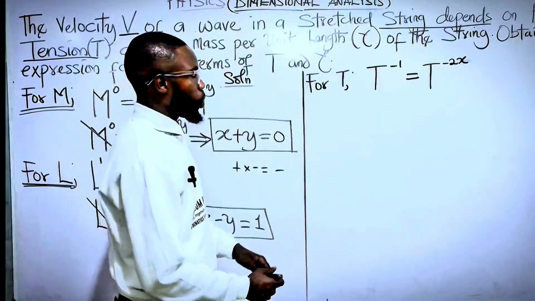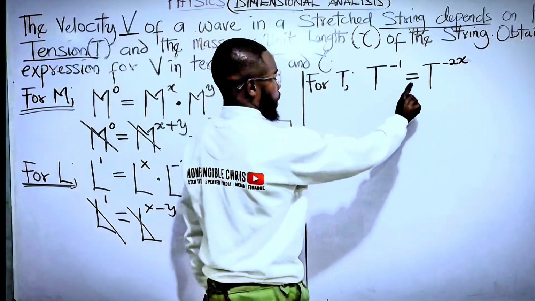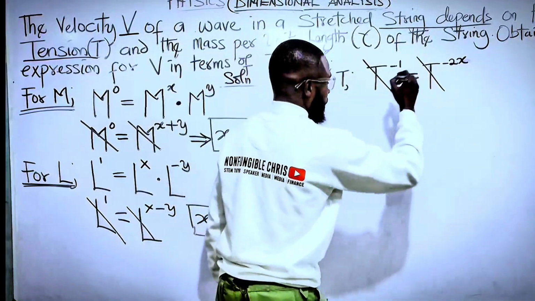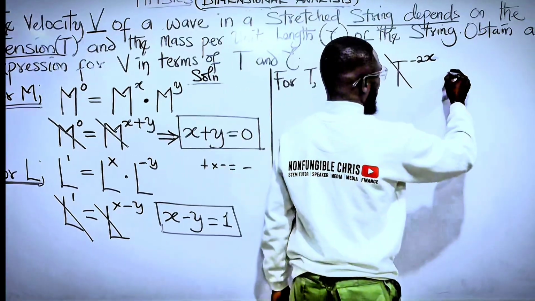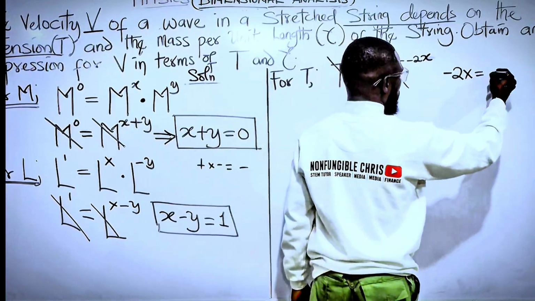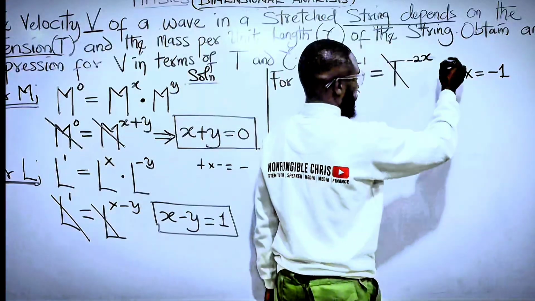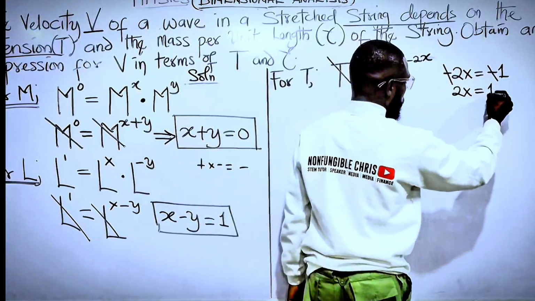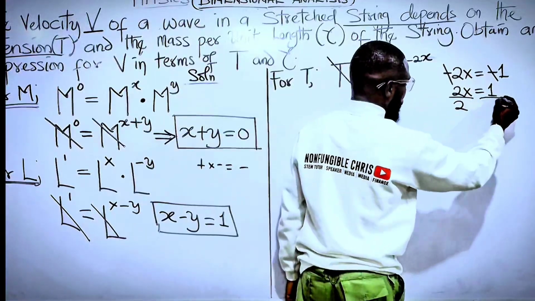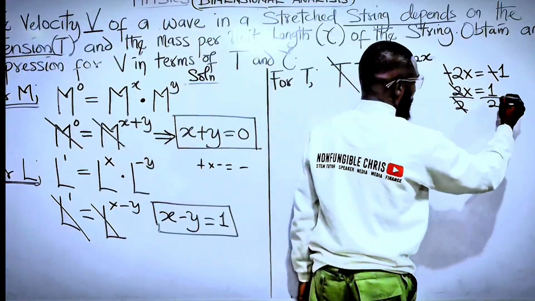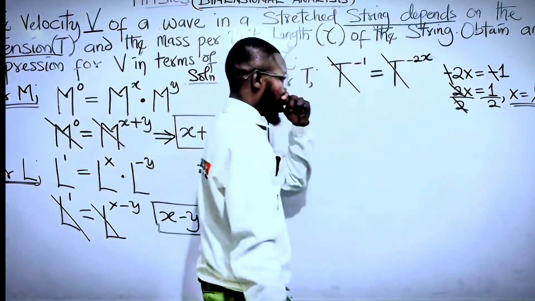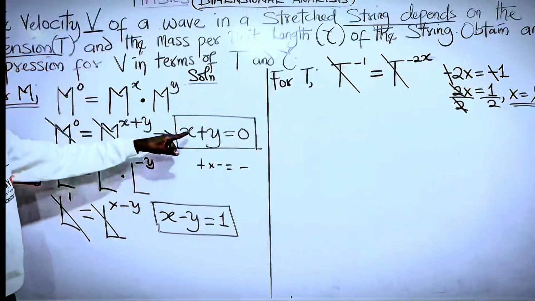And so for t, we have t raised to power minus 1 equal to t raised to power minus 2x, such that if I take t off, I have minus 2x is equal to minus 1. If the minus takes off minus, I'm left with 2x equal to 1. So if I divide both sides by 2, my x is equal to 1 over 2. Beautiful. Now I have one value. I can substitute for the other value. So from equation 1,